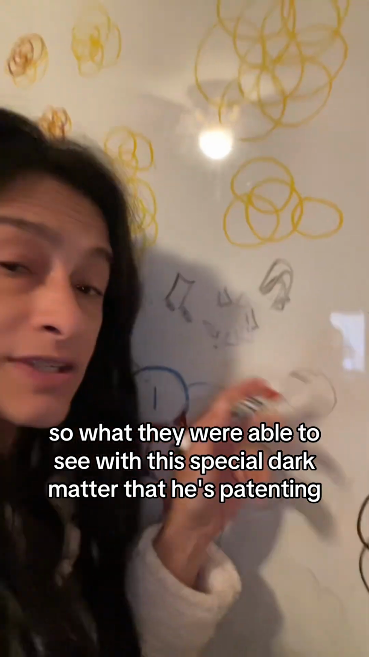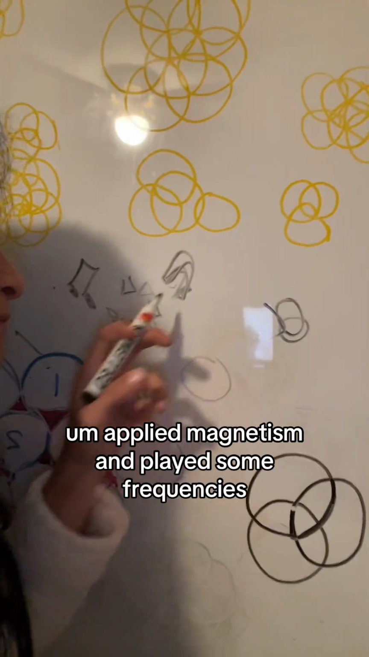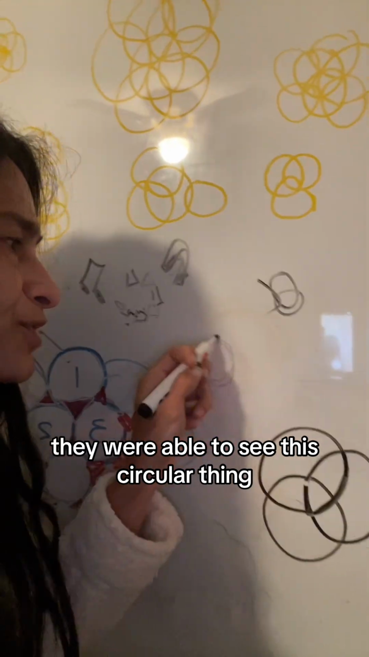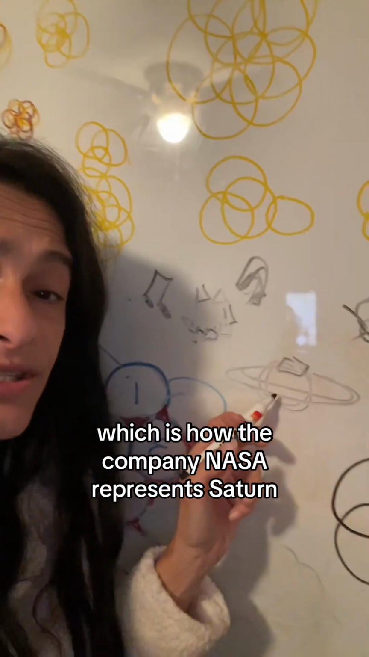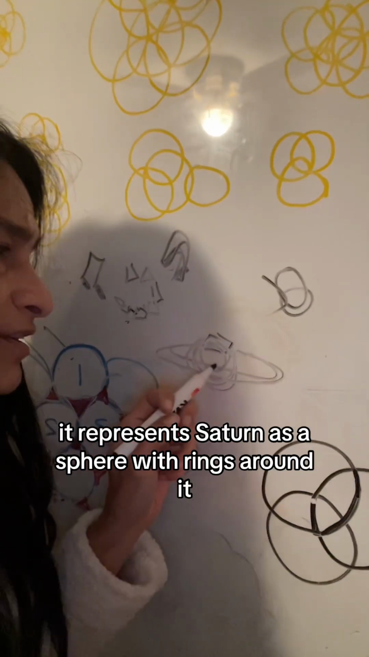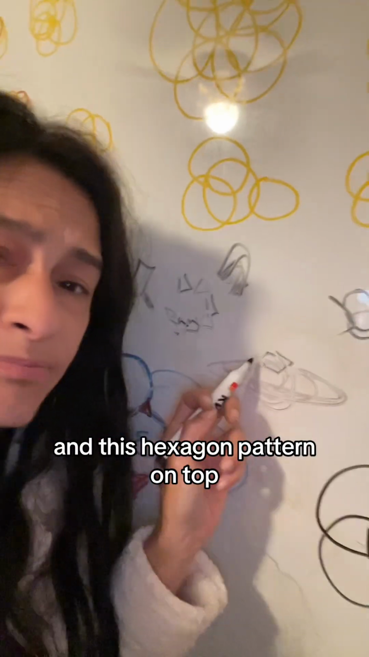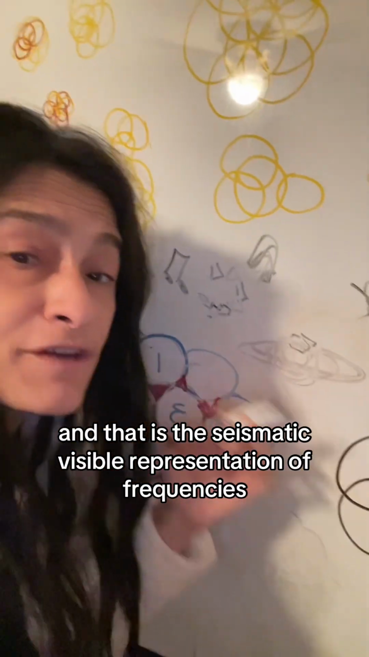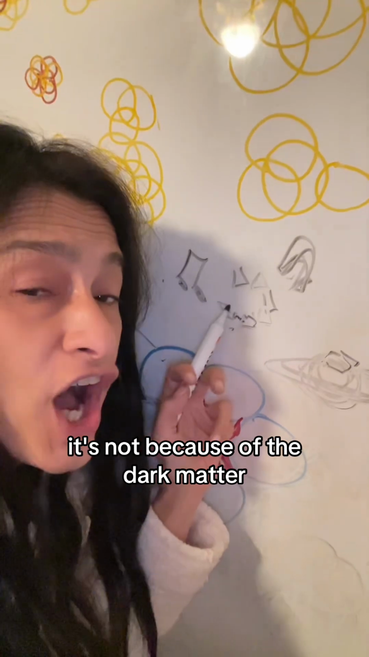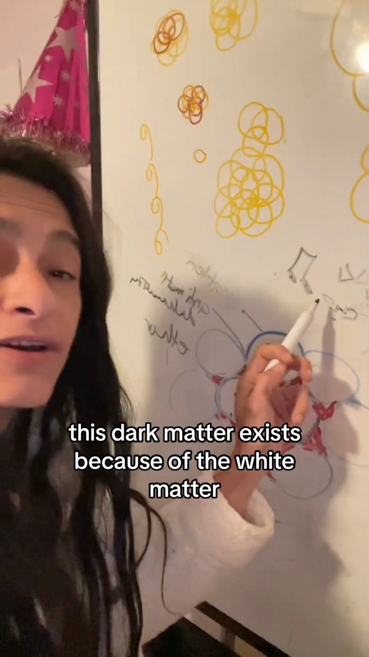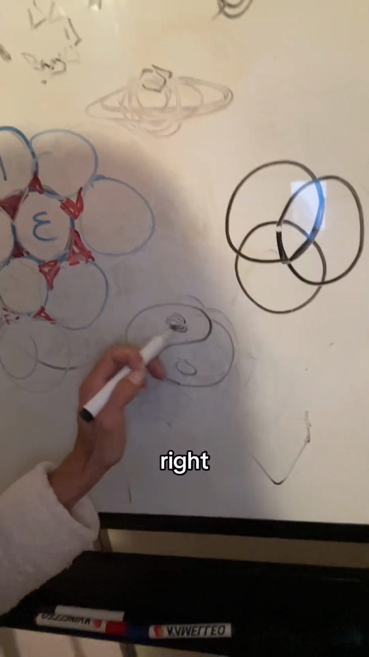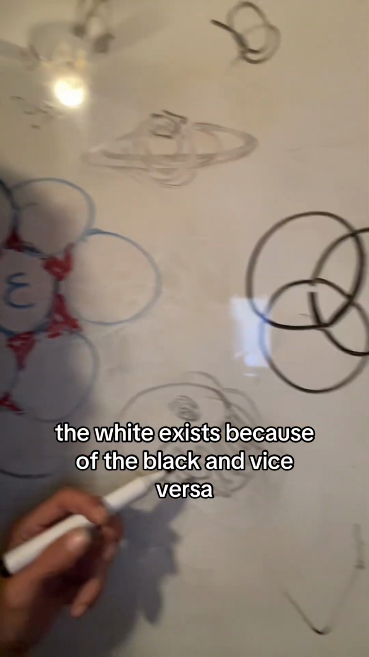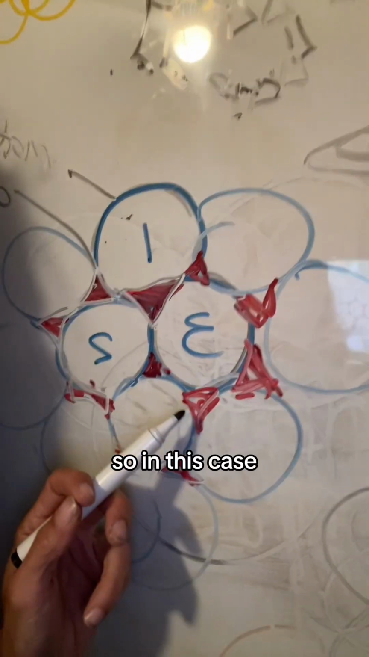So what they were able to see with this special dark matter that he's patenting, applied magnetism and played some frequencies, they were able to see this circular thing with some circular spheres and a hexagon on top, which is how NASA represents Saturn. It represents Saturn as a sphere with rings around it and this hexagon pattern on top. And that is the cymatic visible representation of frequencies. It's not because of the dark matter. This dark matter exists because of the white matter. Let's use the yin-yang symbol. Right? The white exists because of the black and vice versa. So in this case, the